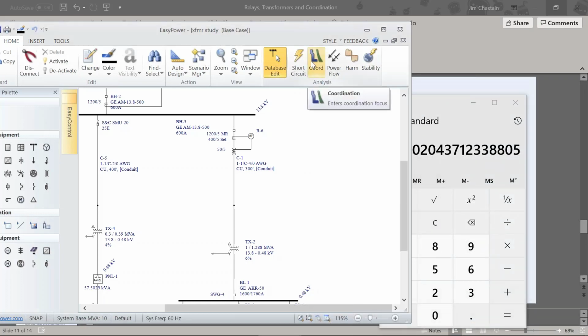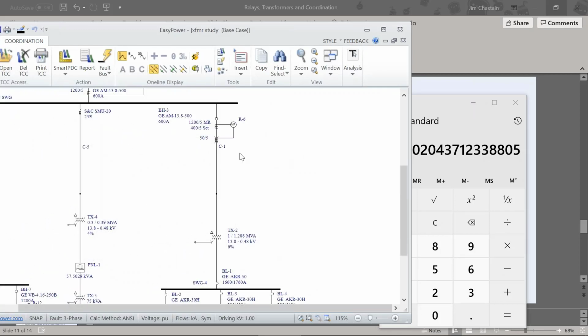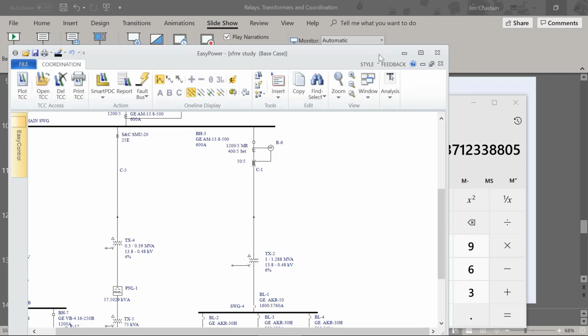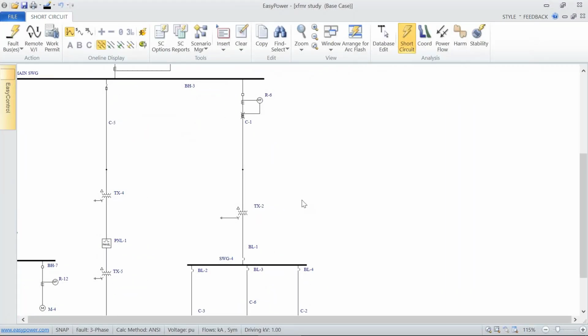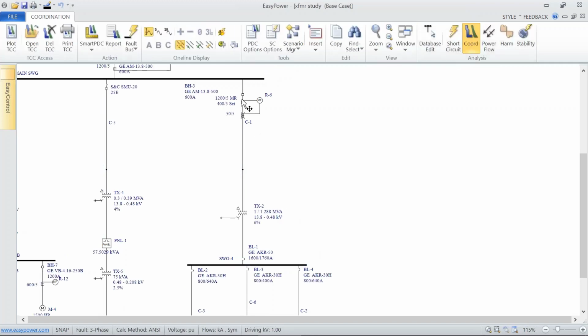If we go ahead and go into coordination, well, before we do that, let's find out what the max current is. Go into short circuit, fault the secondary bus. We see the maximum fault current for a through fault is 650 amps. So somewhere between 50 amps and 650 amps, we need to find a set point. Go into coordination,